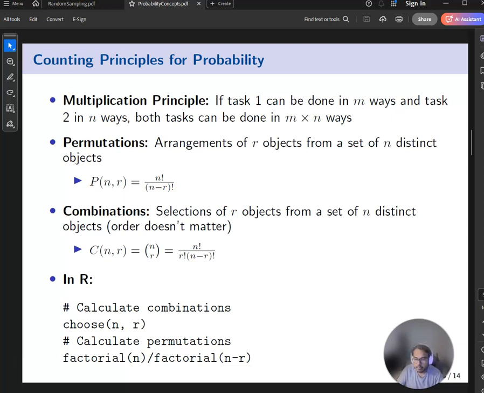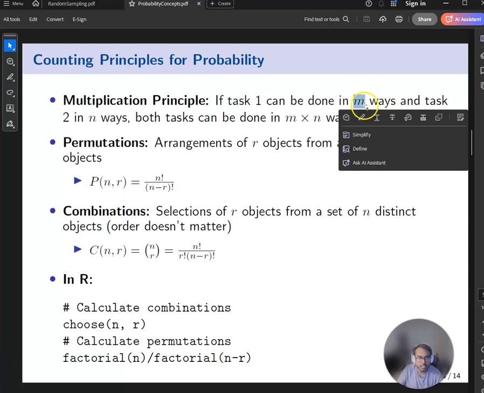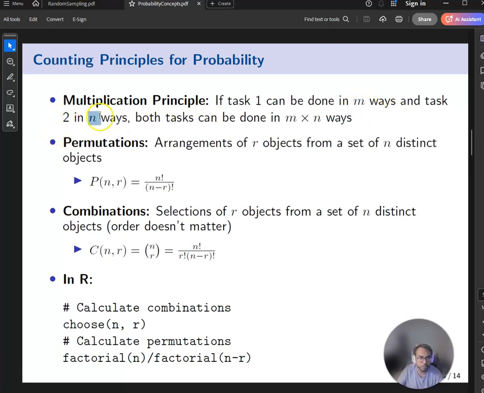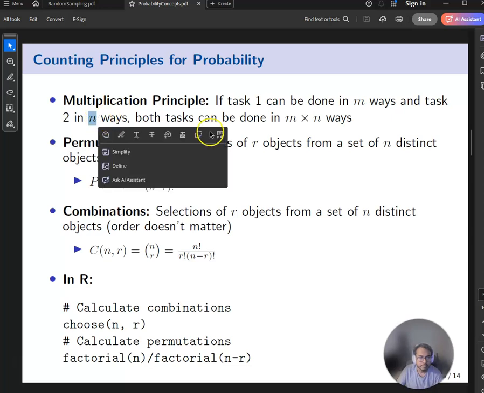First is the multiplication principle that says that if you can do task 1 in m possible ways and task 2 in n possible ways, then